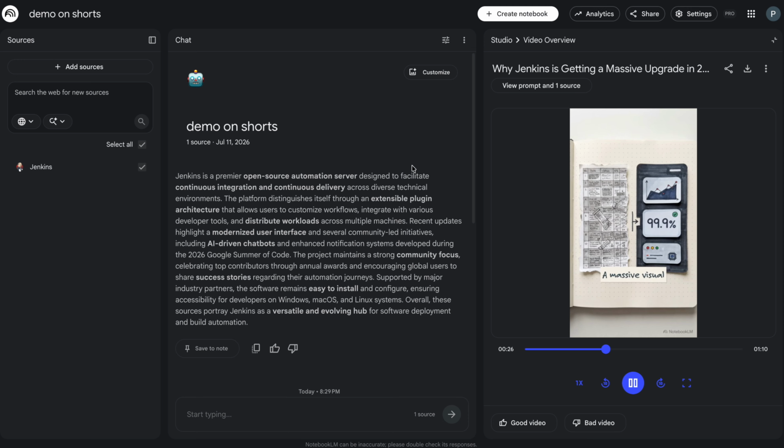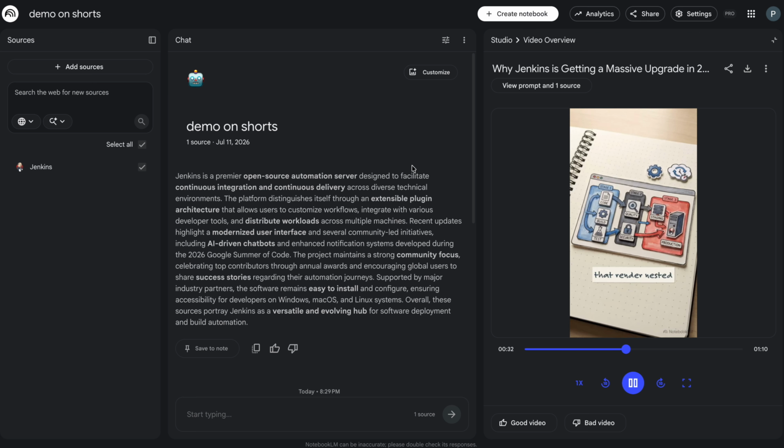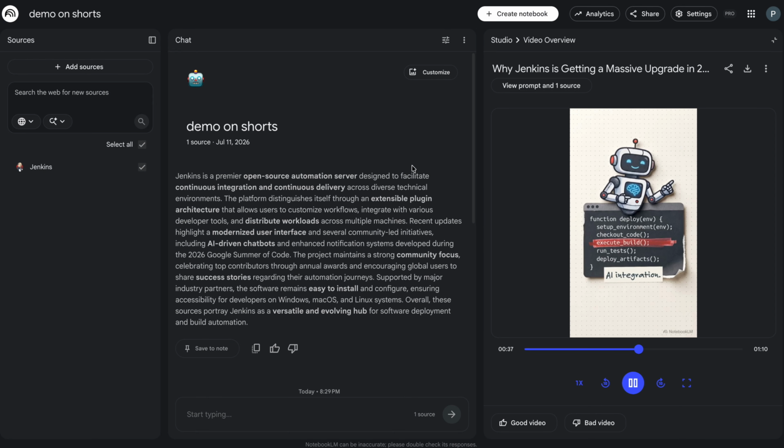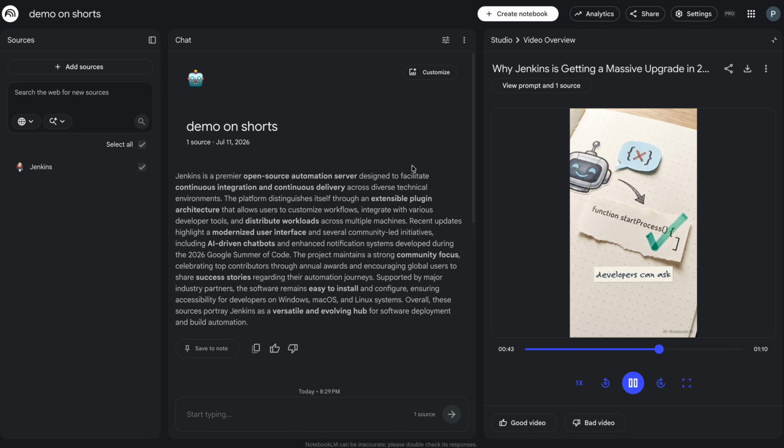Next, a massive visual overhaul. Jenkins is shedding its older look for a sleek, modernized interface. It introduces new visual layouts that render nested pipeline graphs in full detail. Third, AI integration. The community is building a dedicated chatbot directly into the platform. Instead of digging through logs, developers can ask the bot to instantly diagnose frustrating